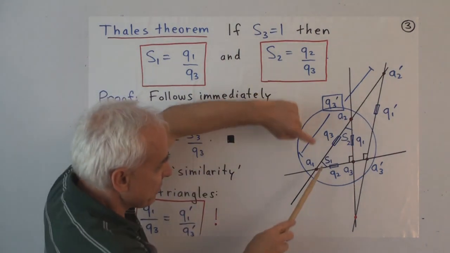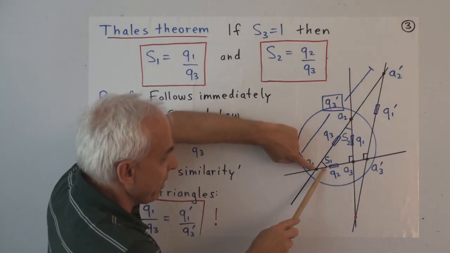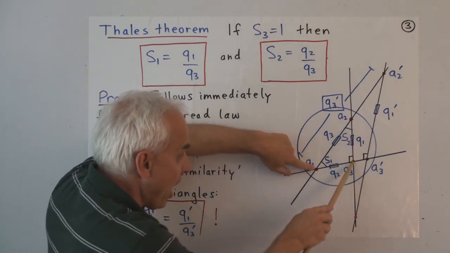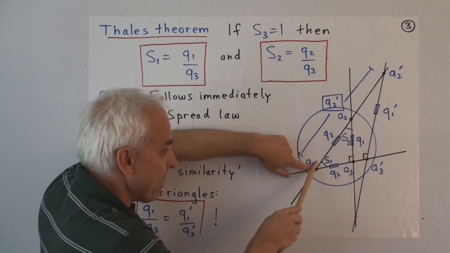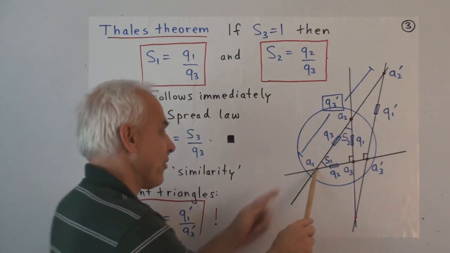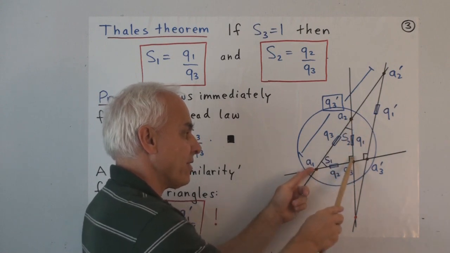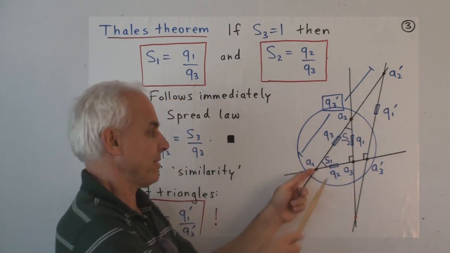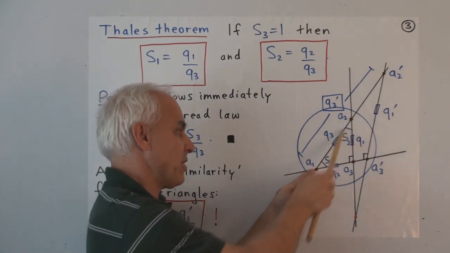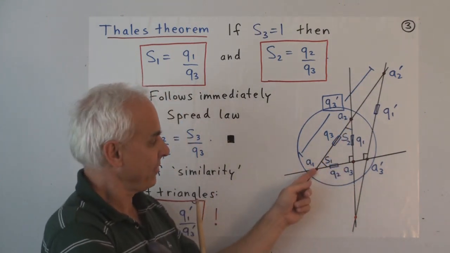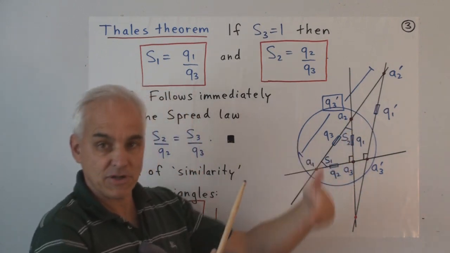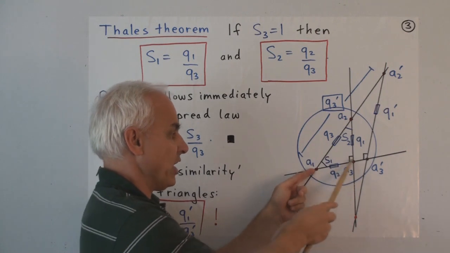Thales' theorem says that the spread at this vertex, S1 here, can be calculated by just taking the ratio of the opposite quadrants to what we might call the hypotenuse quadrants. So this is a little right triangle right here. There's the right angle, so to speak. Actually, the right spread would be better terminology. So this deserves to be called the hypotenuse quadrants. And from this point here, this is naturally to be thought of as the opposite quadrants. This one might be called the adjacent quadrants.